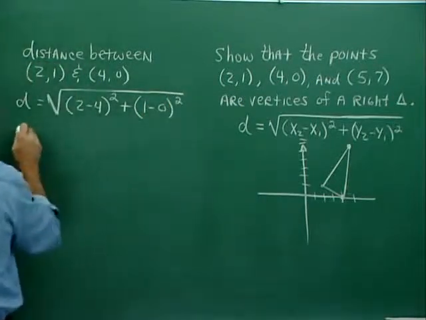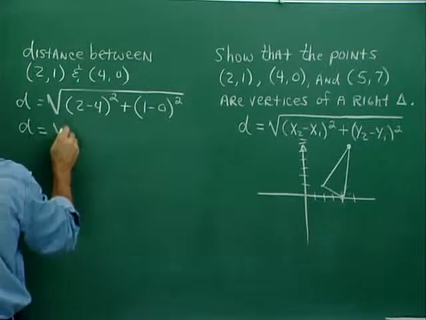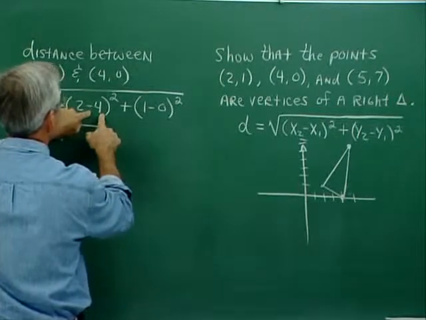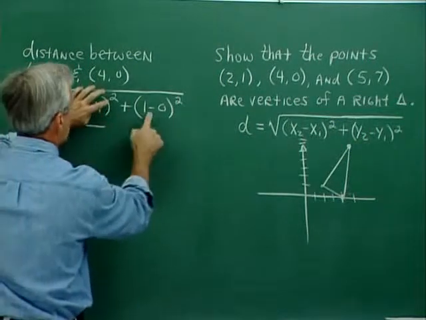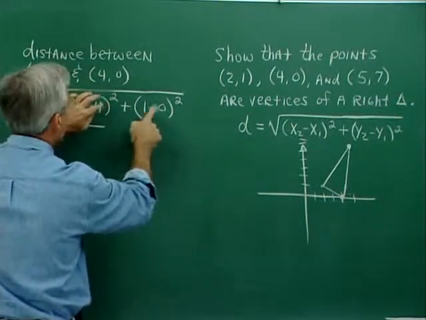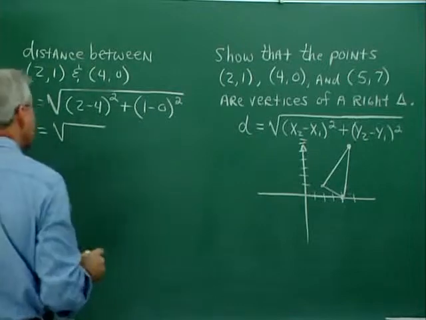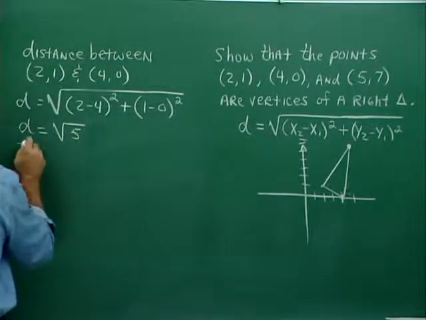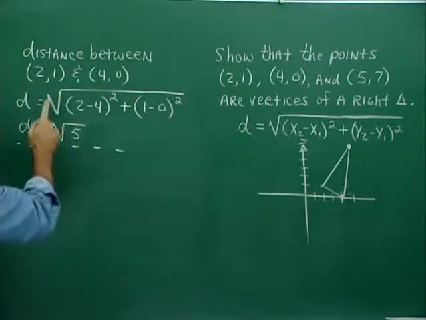Now let's see, what do I have? I've got d equals the square root of, now let me simplify in my head a little bit. Negative 2 squared is 4, so that's 4. 1 squared is 1, 4 and 1, 5. This is the square root of 5. Okay, good. Now, for another one, for the distance between,